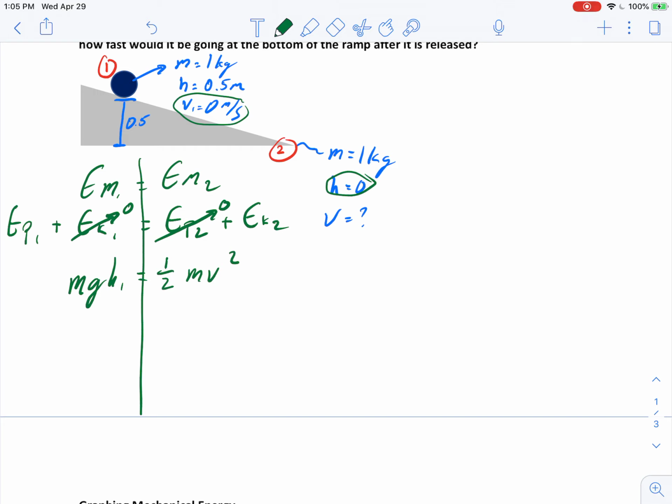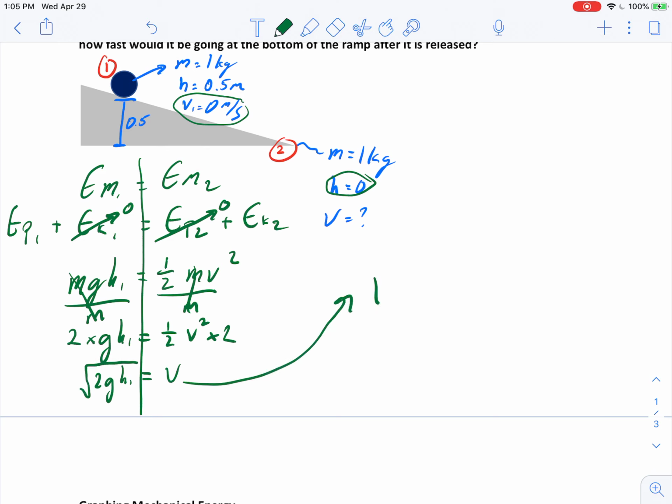We can divide both sides by m, and both m's cancel out. So you're left with gh1 equals 1/2 v squared. Now you can multiply both sides by 2, and you get 2gh1 is equal to v squared, or you can say the square root of 2gh is equal to v, which tells us our v2